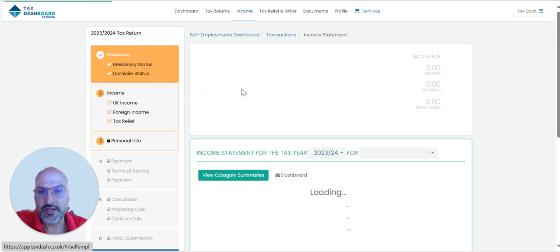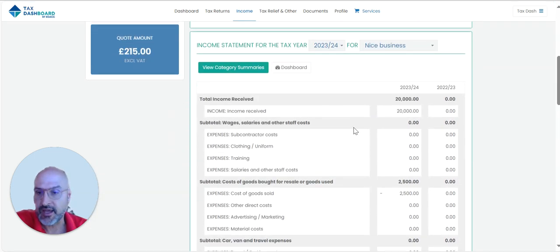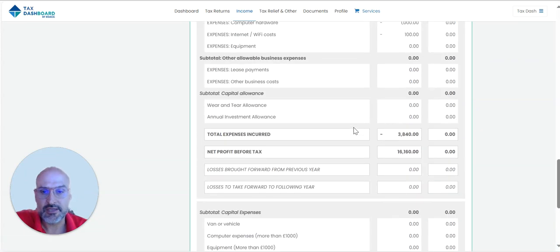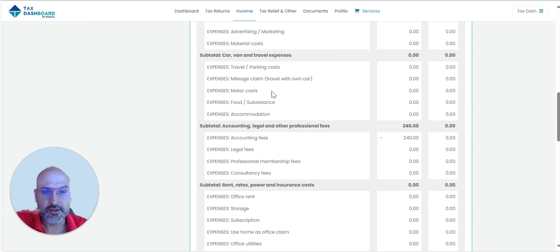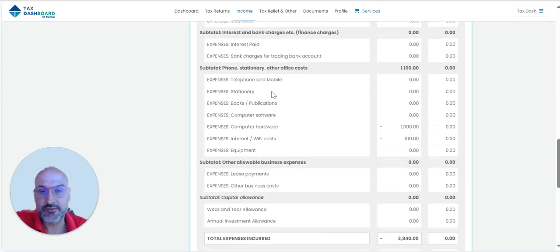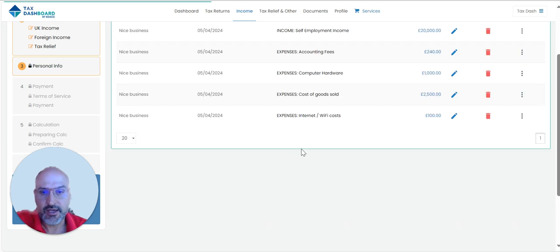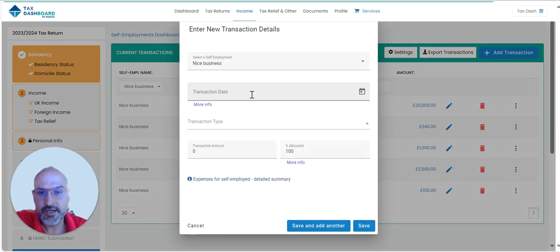Once you've completed all of that, you can go to the income and expenses section. Here it will summarize it in like a profit and loss for you, all the income and expenses for your business. And actually when you capture transactions, I just want to go back to this quickly. If you go and add a transaction, if you've got any